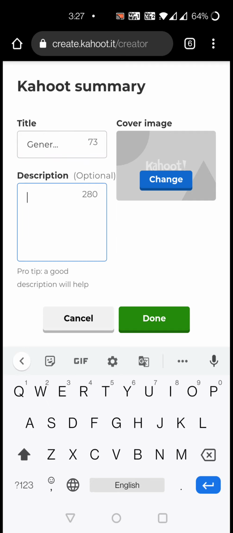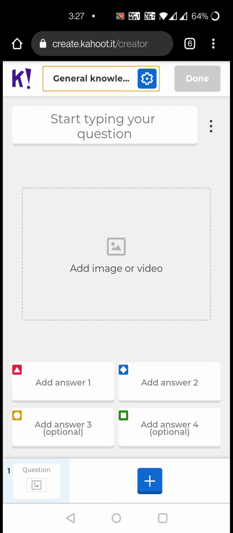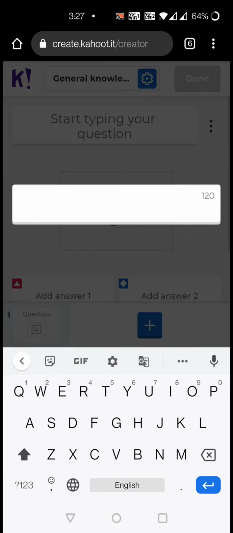If you want to change the cover image, you can change it by uploading from your laptop or from your mobile. You can put any image, or by default it will use a Kahoot image. Click on done.